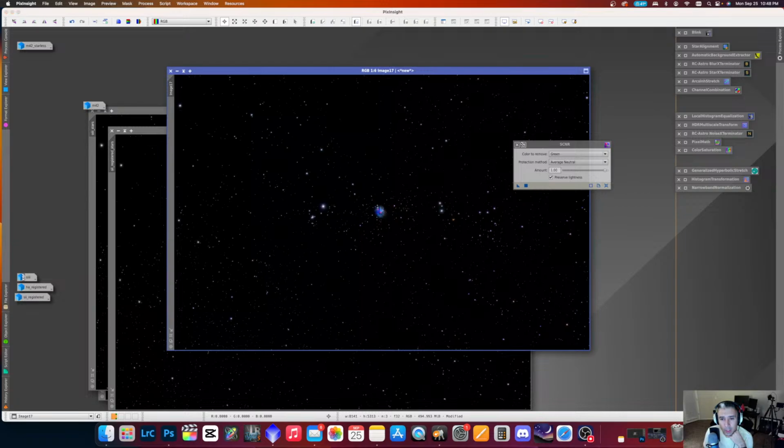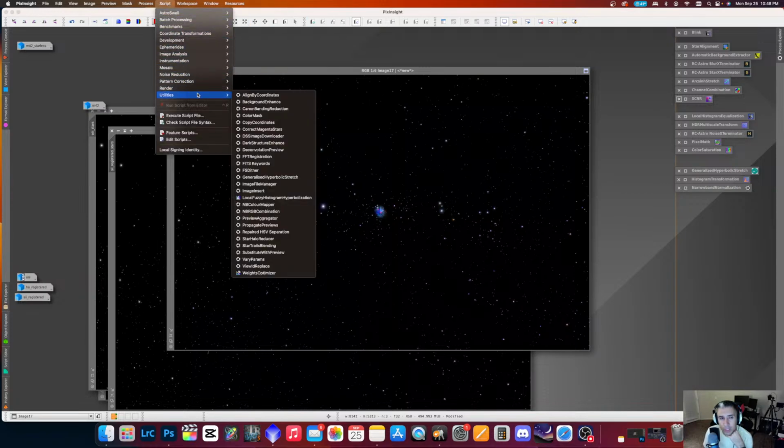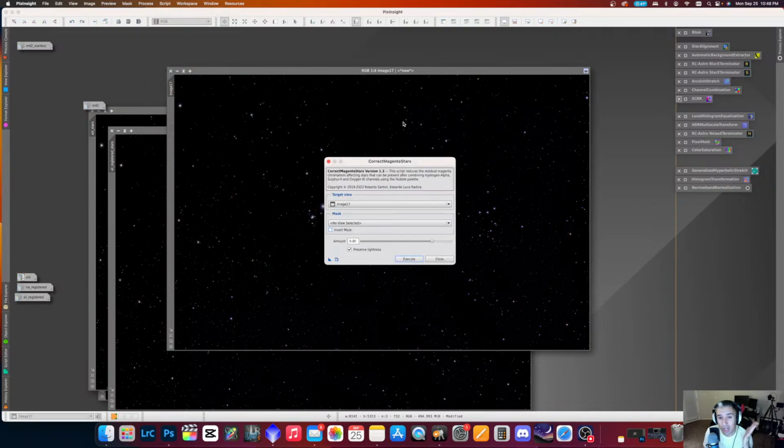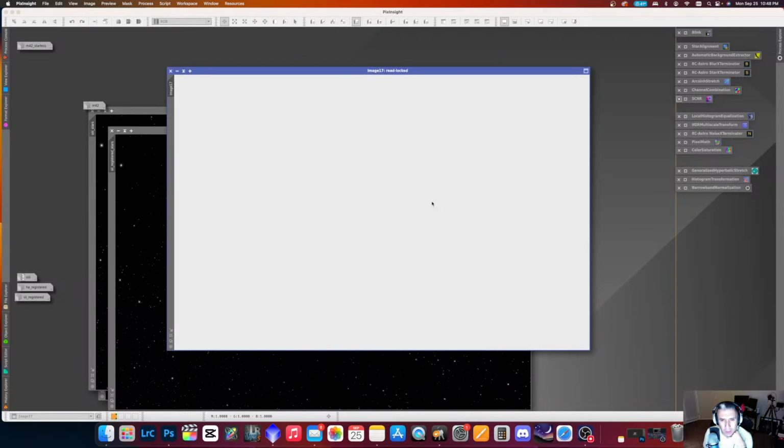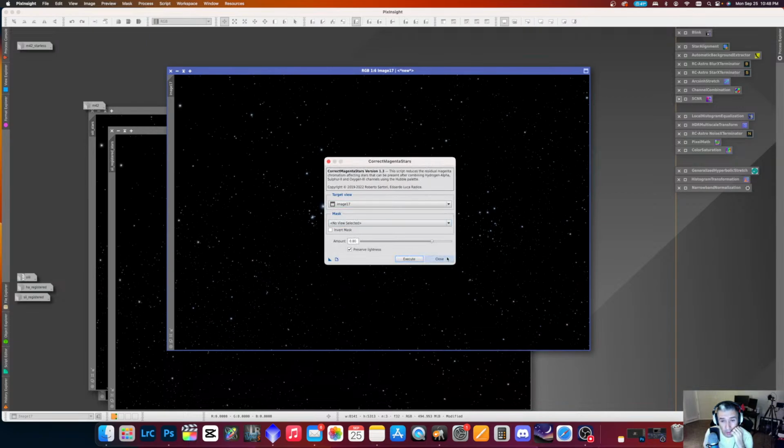There we go. And another challenge with the Hubble Palette is it tends to produce magenta stars, and there's a script for that, fortunately, that will get rid of them. It's called, surprise, Correct Magenta Stars, and we're going to execute it. Unless you're looking really close, you can't really tell, but they're there,